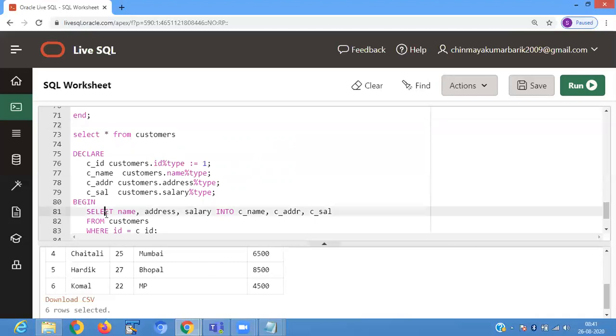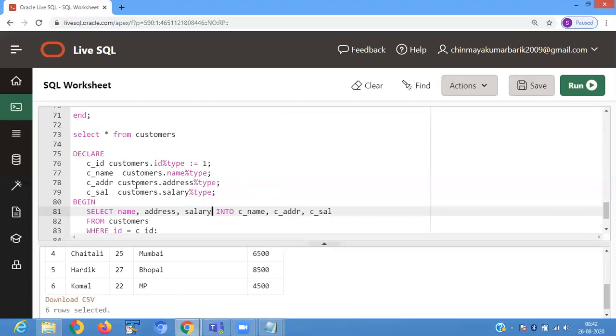Now we retrieve the name, address, and salary from the customer table and store them in the variables c_name, c_address, and c_salary.